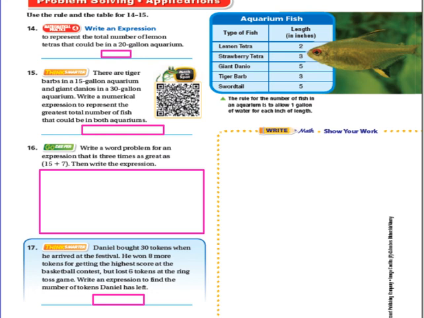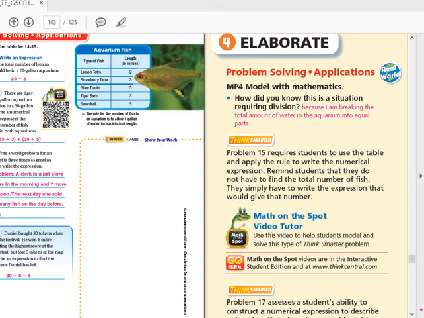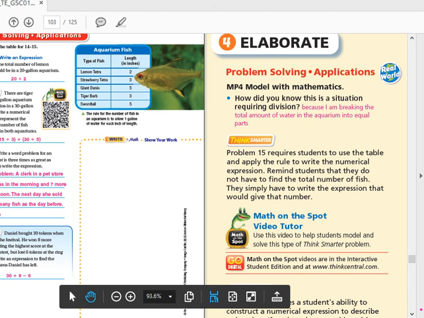I would like you to do 14 with you and your partner. Figure out 14. Use the table. Use the workspace to show me your work. Please just don't put an answer. If you have time and you and your partner would like to do 15 and 16 and 17, that's great. It's not an assignment. Then I would like you to do your homework, but before you do your homework, I would like you to go to your journal